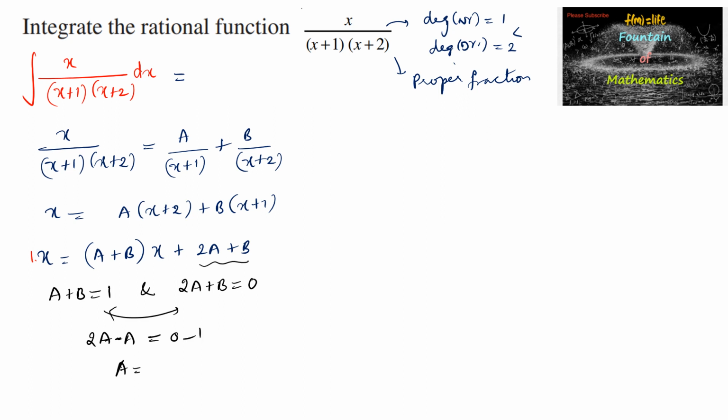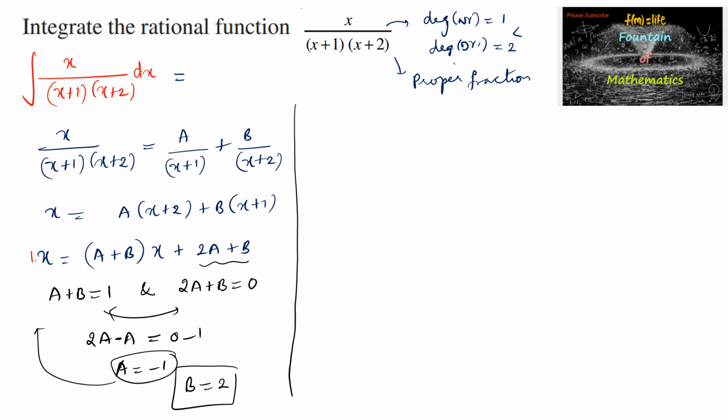So a is equal to minus 1, and substituting a is equal to minus 1 here, we get b is equal to 2. So a is equal to minus 1 and b is equal to 2, and hence we can write the integral x upon (x plus 1) into (x plus 2) dx